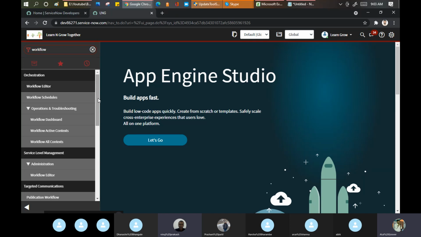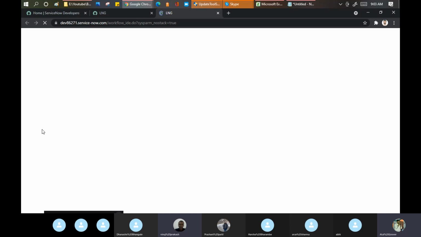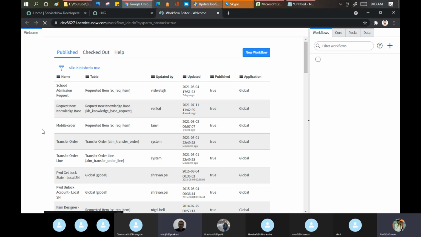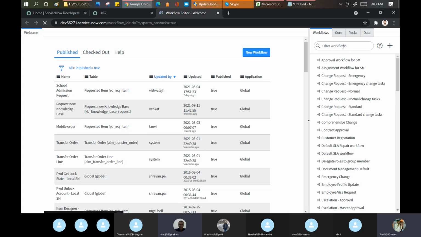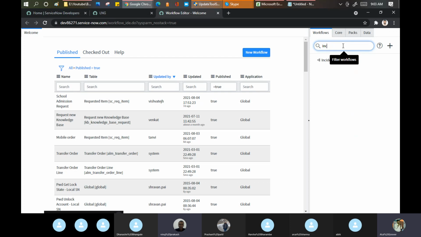Okay, now go to the workflow here and we'll see the workflow editor. Let's see any workflow for the incident. Only one incident workflow. I guess this was created by me only.